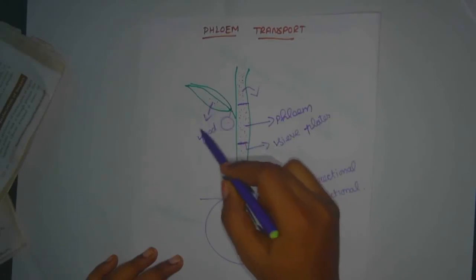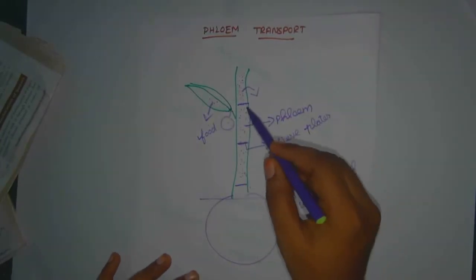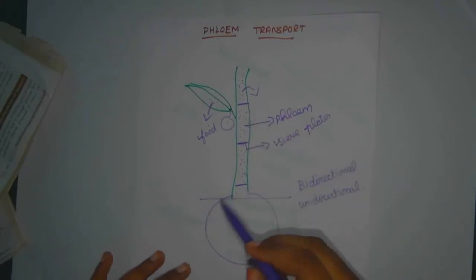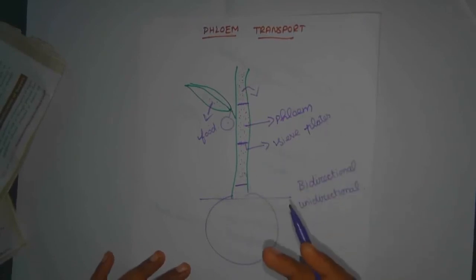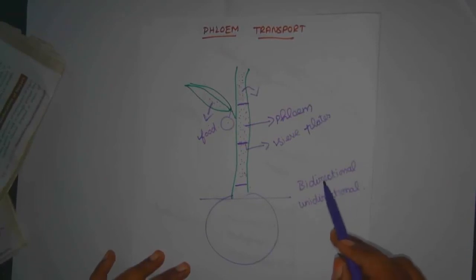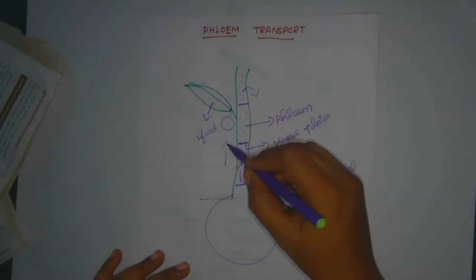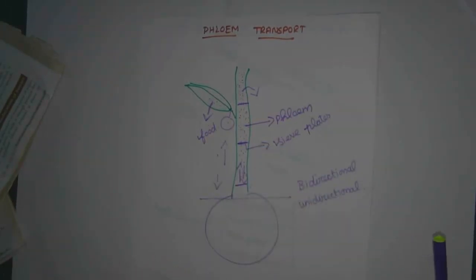The phloem transports the food from the source to a sink. The source of a plant is the leaves or stem, where they synthesize the food. Where it is needed, they transport the food material to the phloem sink. Here the relationship between source and sink is variable, right? They have two directions. The first is bidirectional, and the next is unidirectional. Bidirectional means they have upward and downward movement, and unidirectional means either upward or downward. So that's it for phloem transport.